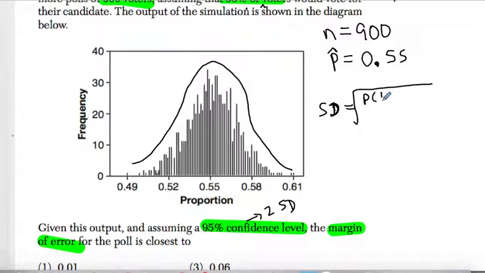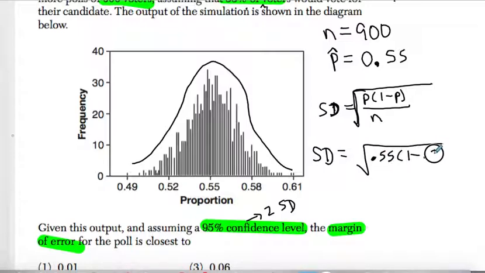In parentheses, we have 1 minus p, 1 minus 0.55, and on the bottom, the sample size goes in the denominator, and we take the square root of all parts. So the standard deviation is simply going to be 0.55, I'm just not putting the zeros because it doesn't matter, times 1 minus 0.55,